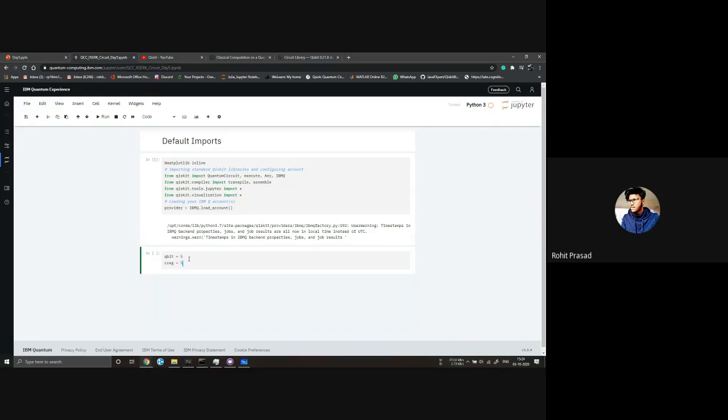So let's start with 5 registers. For every qubit there is one register. As I told you earlier, why do we need a classical register? We need it to store the state of the qubit at the end in which it collapses. The qubit can collapse to the one state or the zero state, so we record that on the C-reg, and we measure the Q-reg at the end and store that. So we defined the number of qubits and the number of registers we want in our circuit.